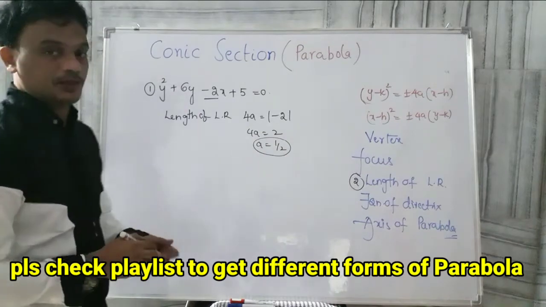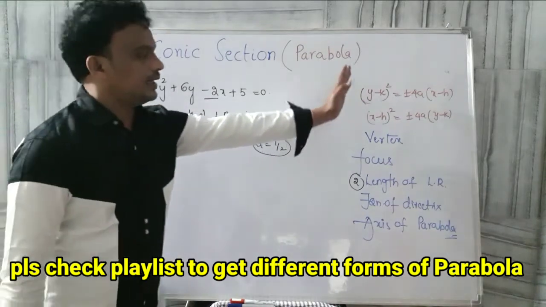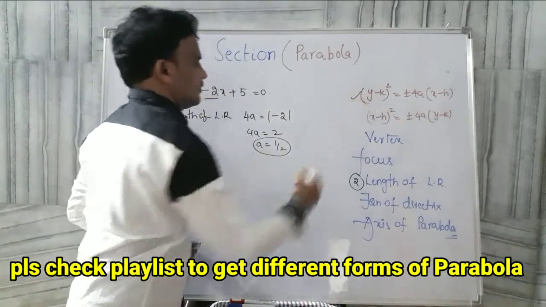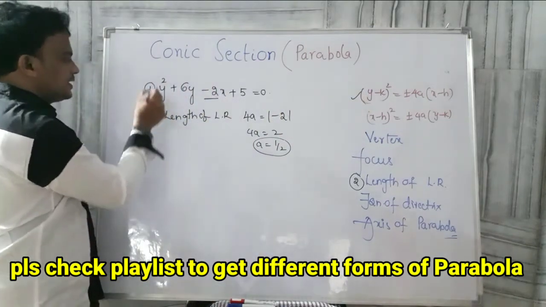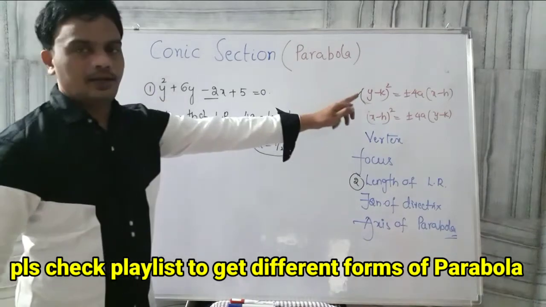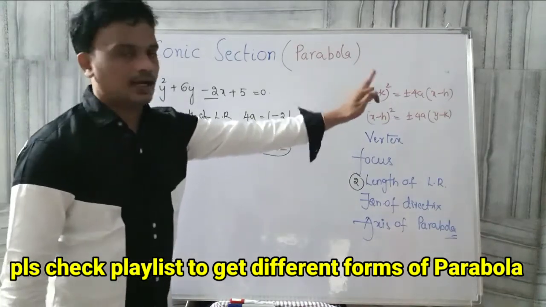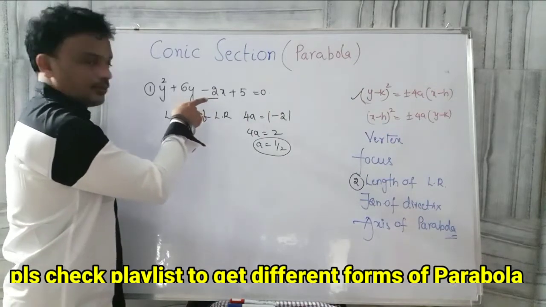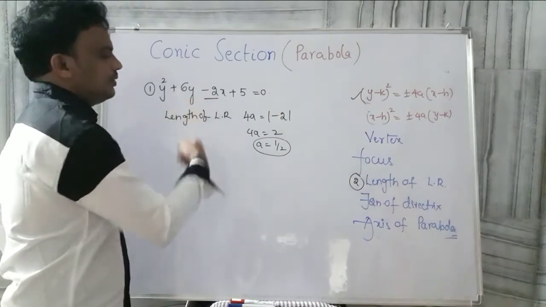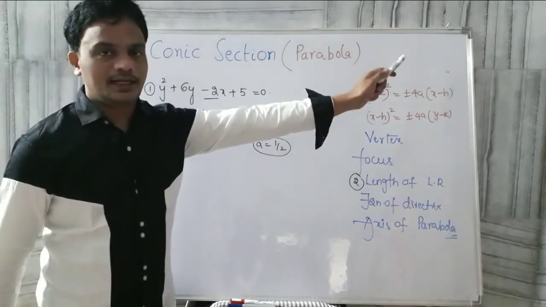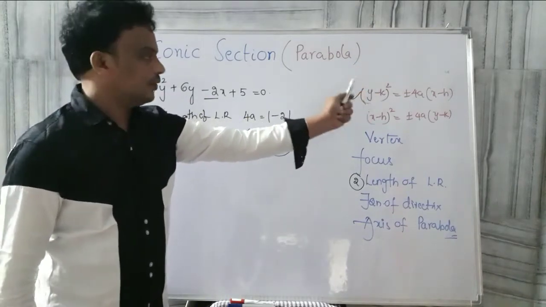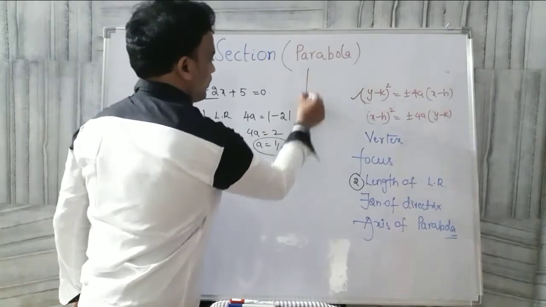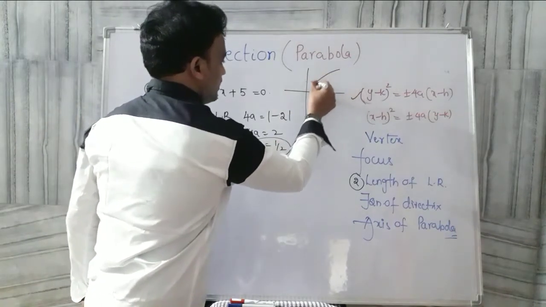Here we can get one doubt: is it a right handed side open parabola or a left hand side open parabola? Compulsorily it is the first kind, because the variable y has the second degree, right? But here one doubt, is it right handed or left handed? Very simple thing: here the x coefficient is negative. Of course, we will get a right handed side opened parabola. We may get it like this.